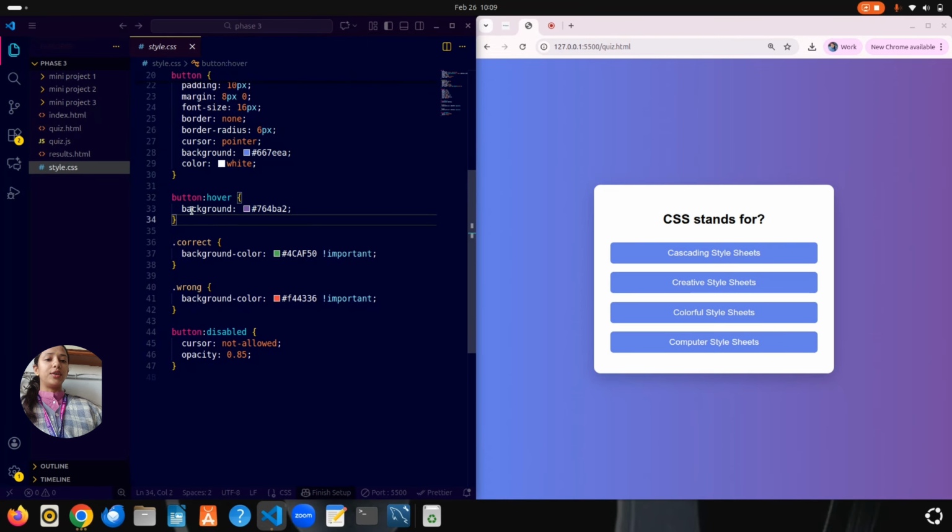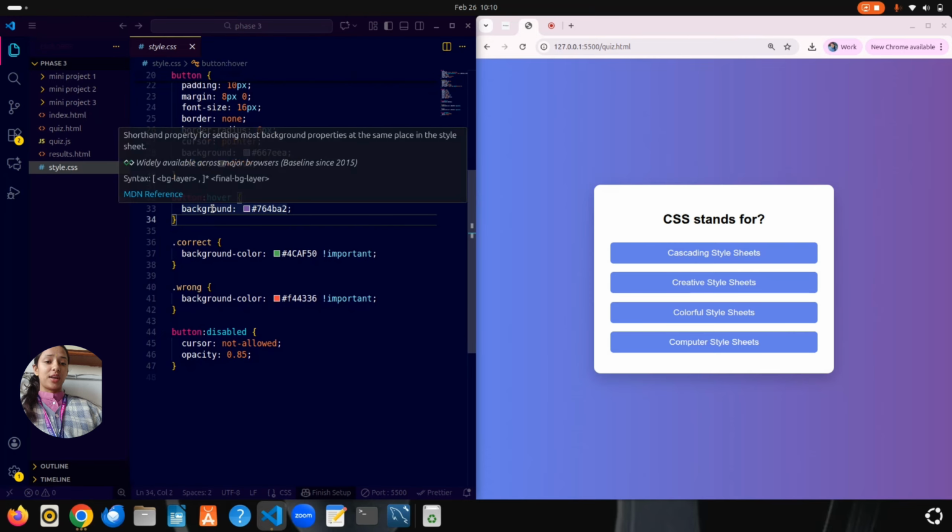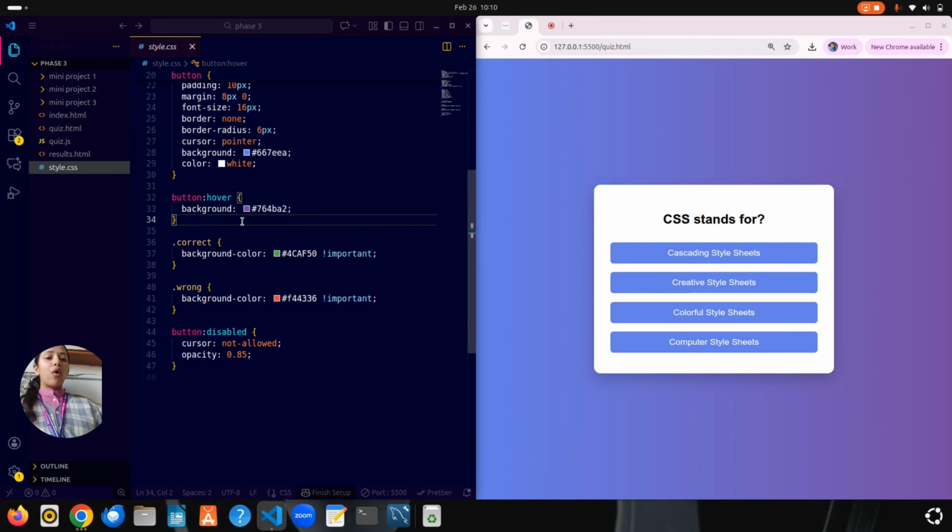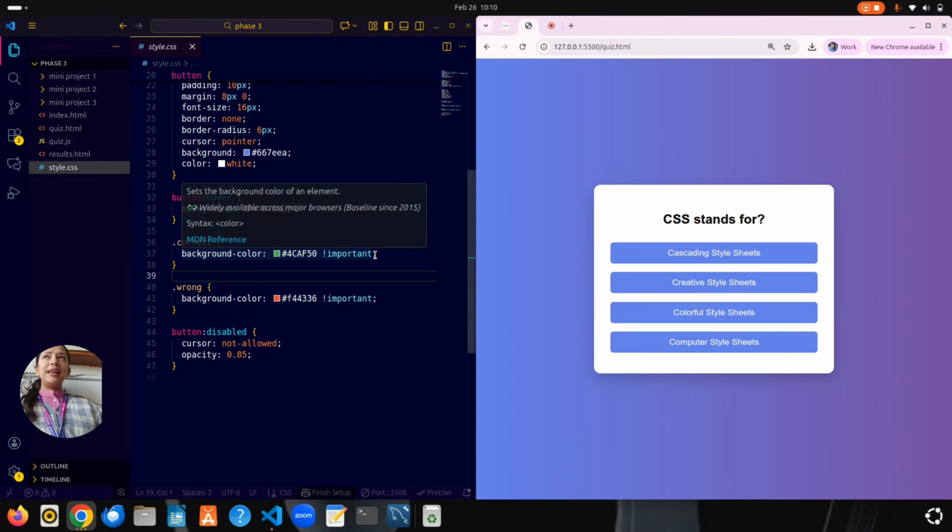The next section is button hover effect. So button hover, the hover pseudo class applies style when the user places the mouse over an element, like here you can see the effect. And the next is